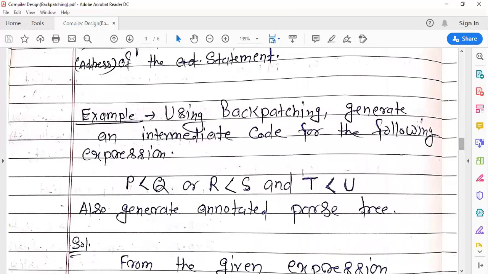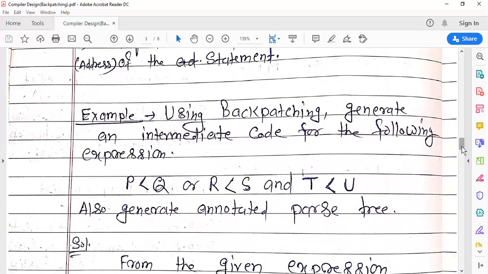So here, using backpatching, generate an intermediate code for the following expression: P less than Q or R less than S and T less than U. Also generate the annotated parse tree. The question is saying you have to generate the intermediate code, but using backpatching.